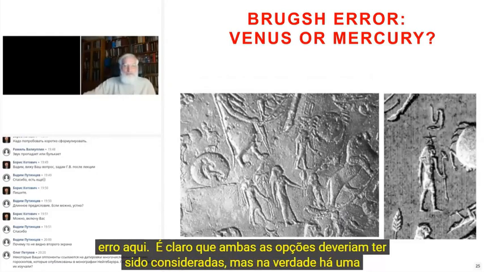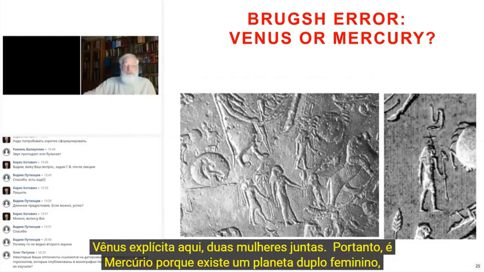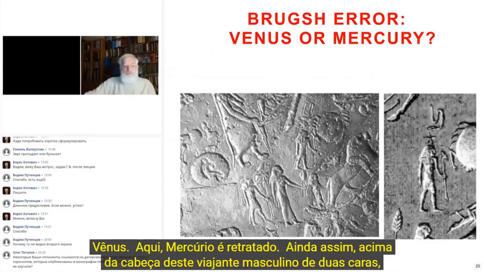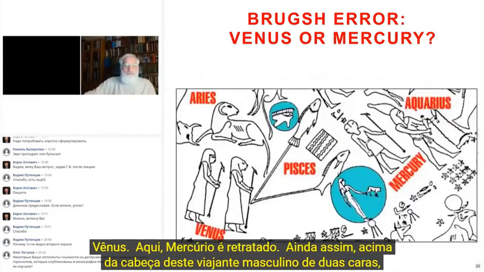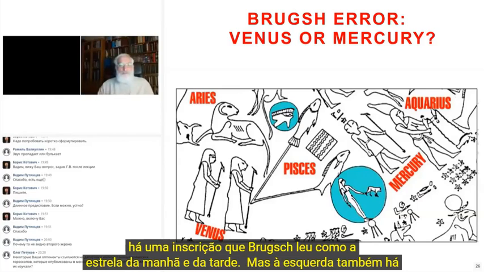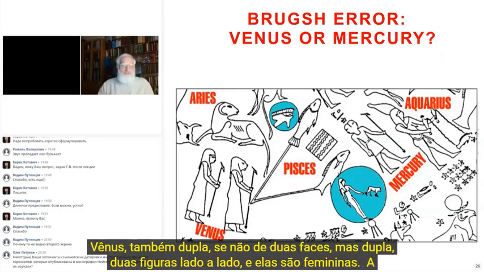Of course, both options should have been considered, but there is actually an explicit Venus here, two women together. Therefore, it is Mercury because there is a double female planet, Venus. Here, Mercury is depicted. Still, above the head of this two-faced male wayfarer, there is an inscription that Brooks read as the morning and evening star. But on the left, there is also Venus, also double, if not two-faced, but double, two figures side by side,